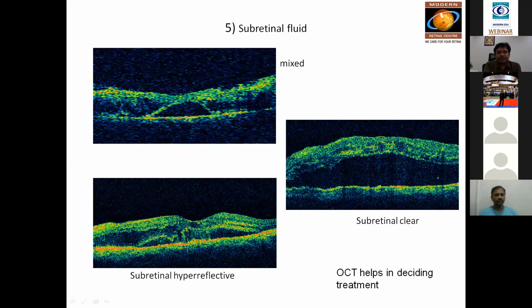Then comes the fifth variant, that is the subretinal fluid. Diabetic and vein occlusion sometimes can cause such a type of edema, especially when the diabetes is very poorly controlled, or the diabetic patient has coexistent severe hypertension or renal disease or severe anemia. Suddenly they present with gross loss of vision, and you see there is a large amount of fluid like this.